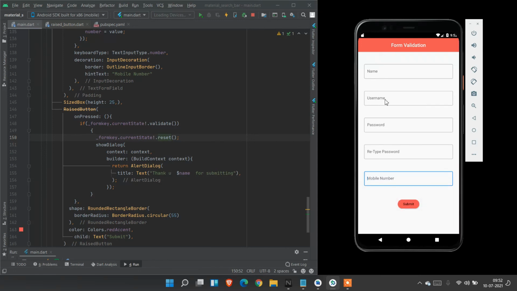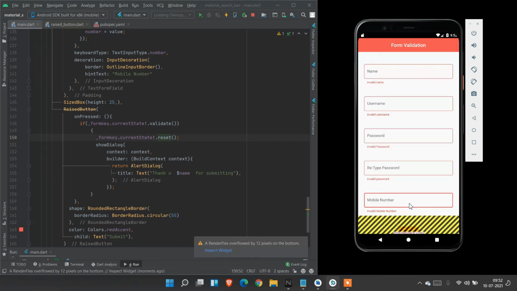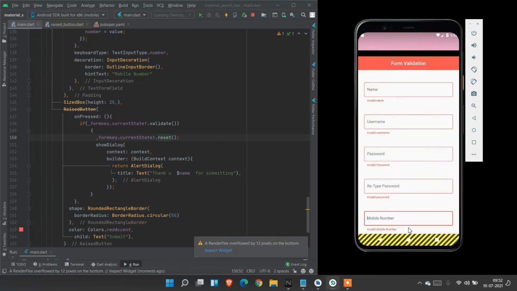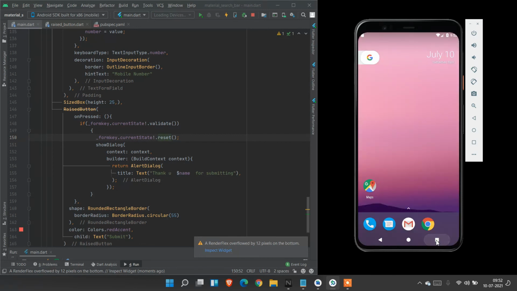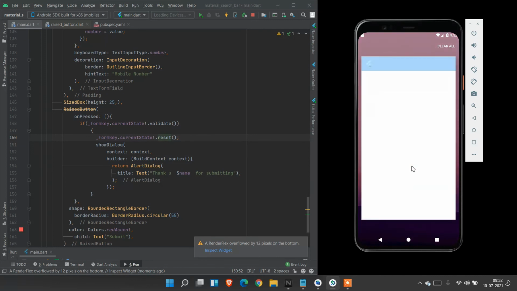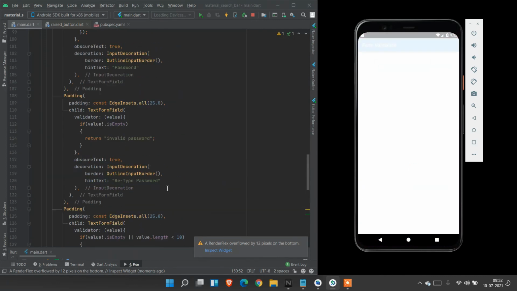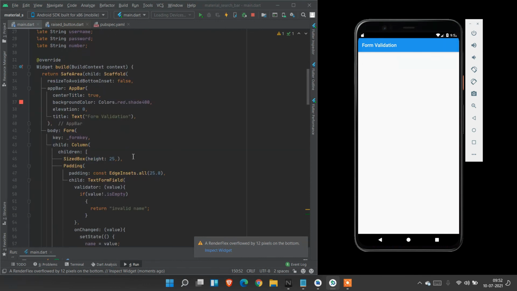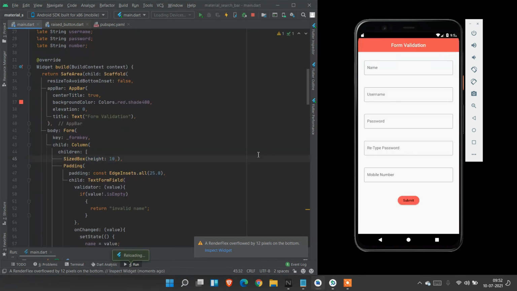If we press submit while empty, it will show invalid mobile number. To avoid this bottom error, we must reduce the size. Here where we can avoid the size, we can give a size of 10. Now we press submit and it will not show the error.